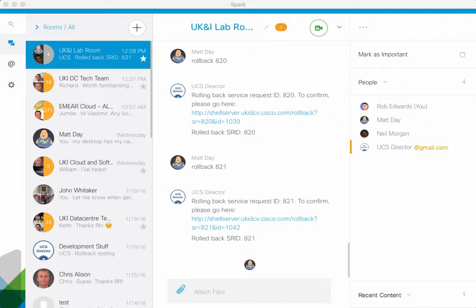I will put a link to the YouTube recording of one of the Tech Huddle sessions, I think it's a Reading session, where you can see that particular example and demonstration. But this is specifically the stuff we've evolved in the lab with regards to the Spark integration. You can see here there's a Spark room, the UK and Ireland lab room. So if we look at